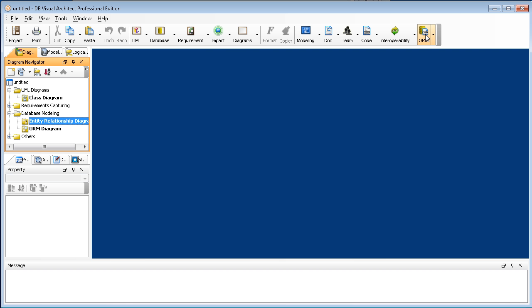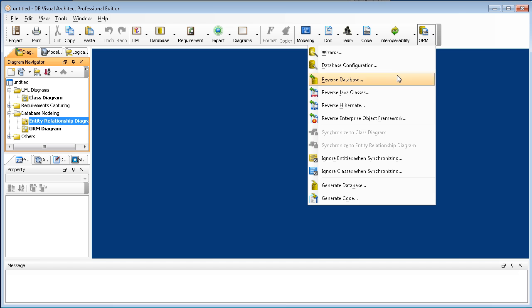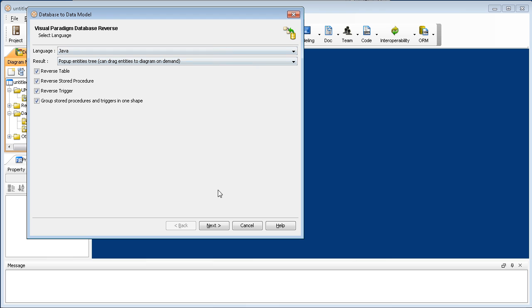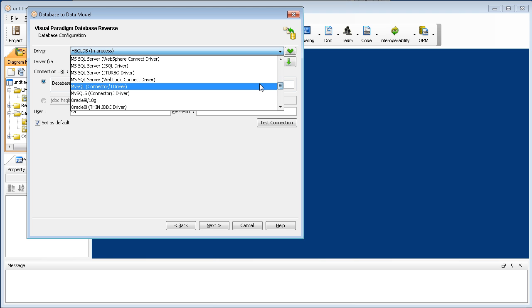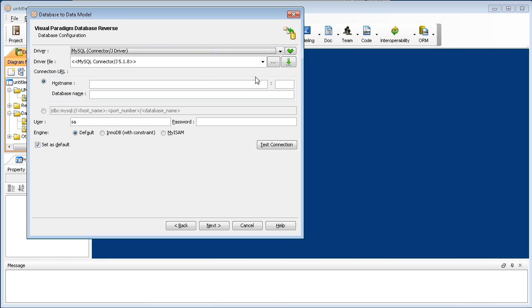Okay, first of all, let me go to Visual Paradigm's database features, and you can use these features in the Professional or Java editions. I go to the ORM button and reverse the database. I just keep it as default, and I can select the database driver we use, the MySQL connector. In case you don't have the JDBC driver, you just click this link to download it. Then I can input the